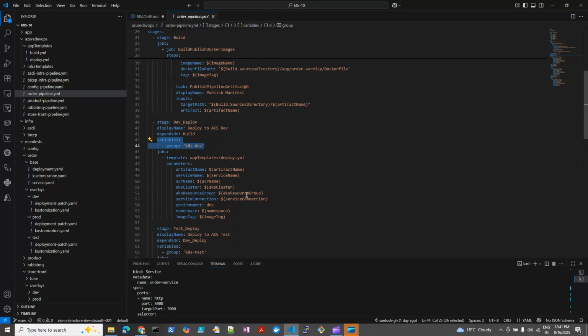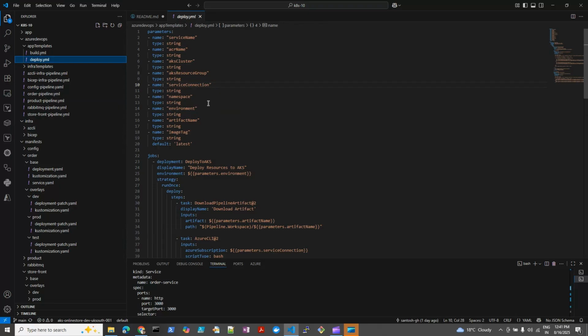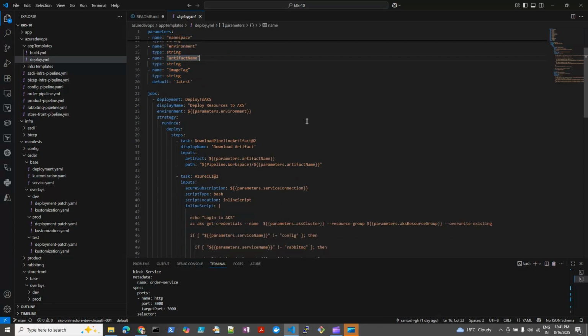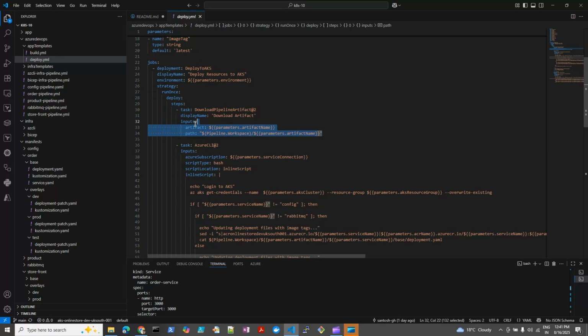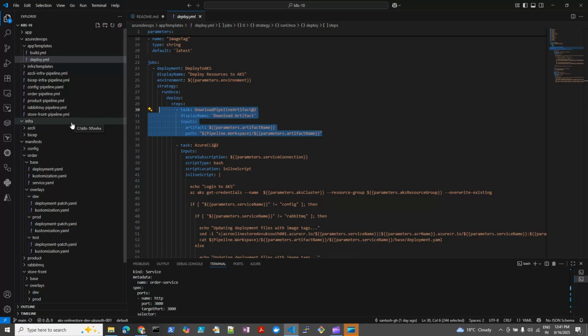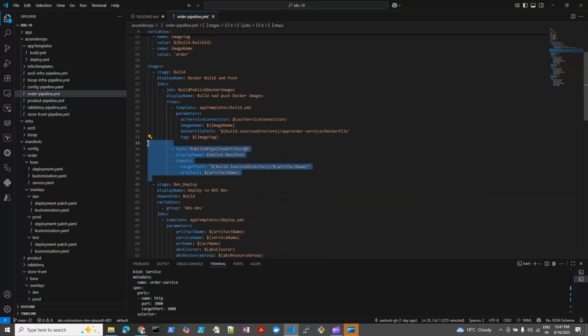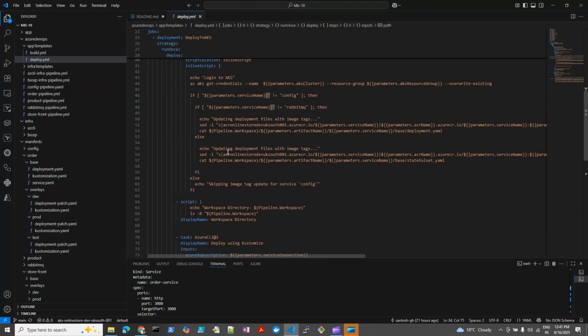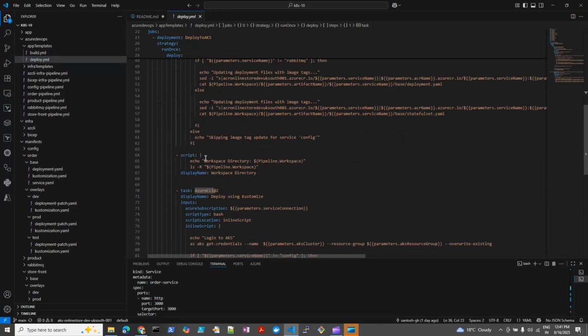If you go to the deploy template file here, under this we can see it is getting all the parameters, the environment-specific ones. And here we can see it is downloading the artifact. It will download the manifest file that we have already published in our CI pipeline. This we have published here, and we are downloading it here. Then, using the Azure CLI task, we are